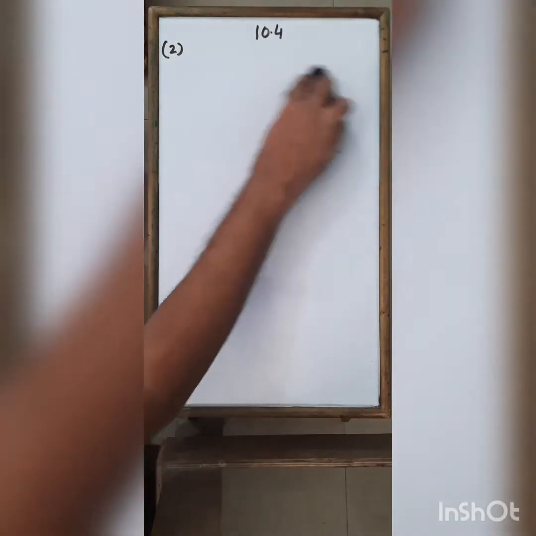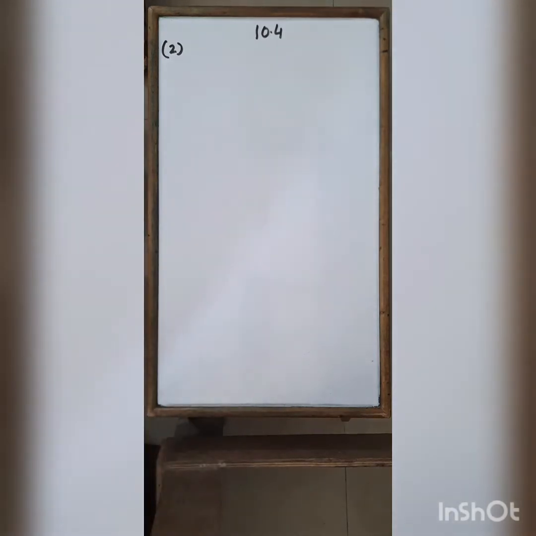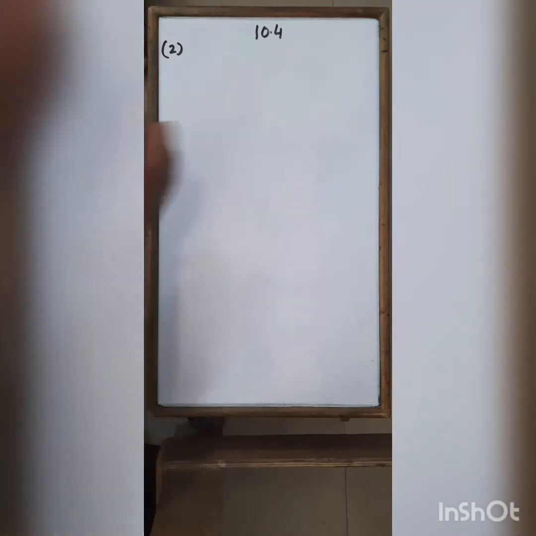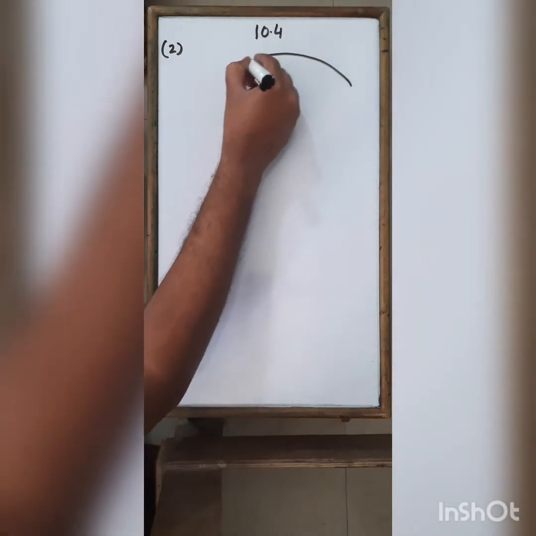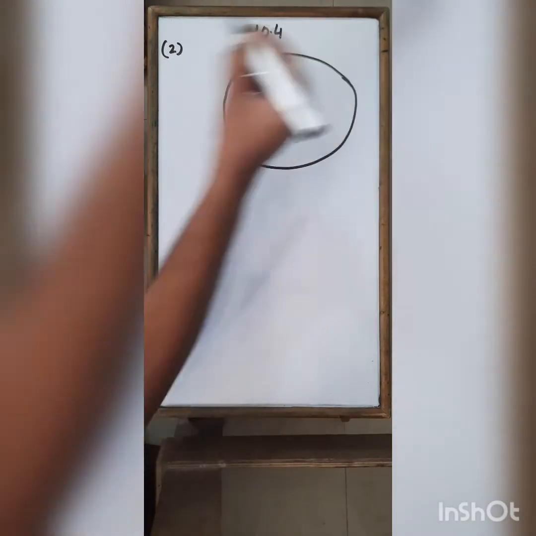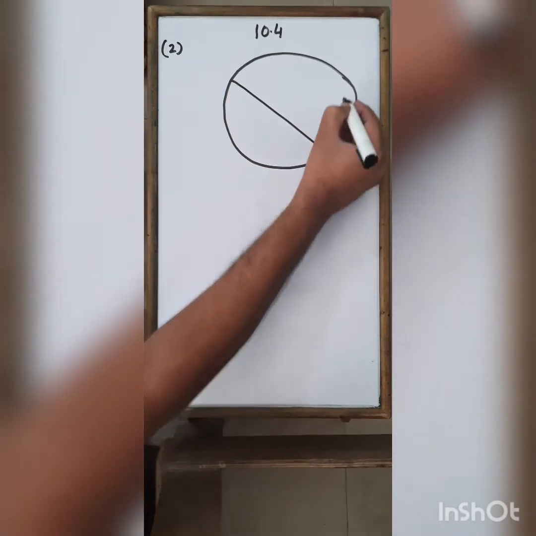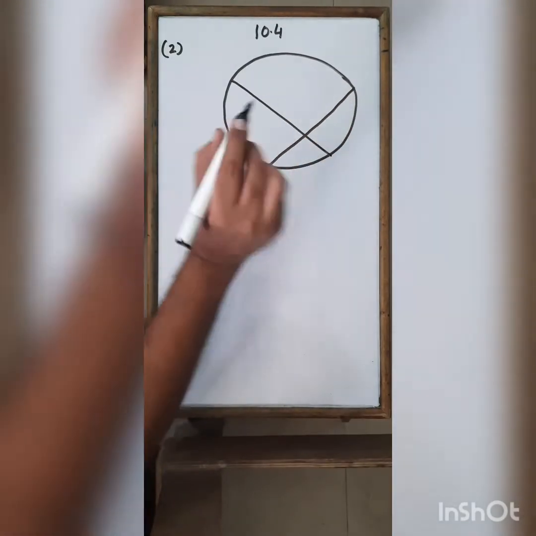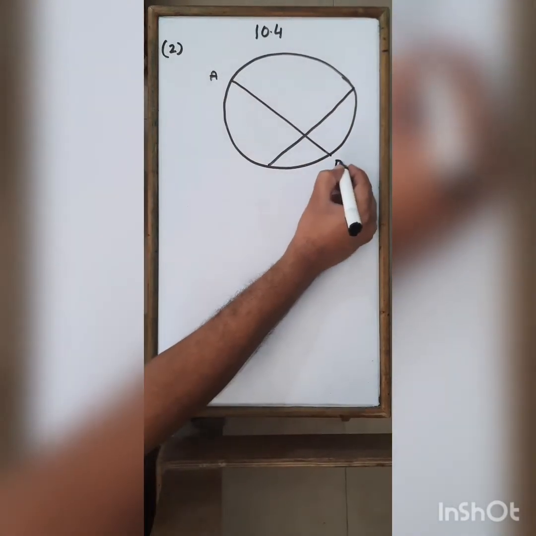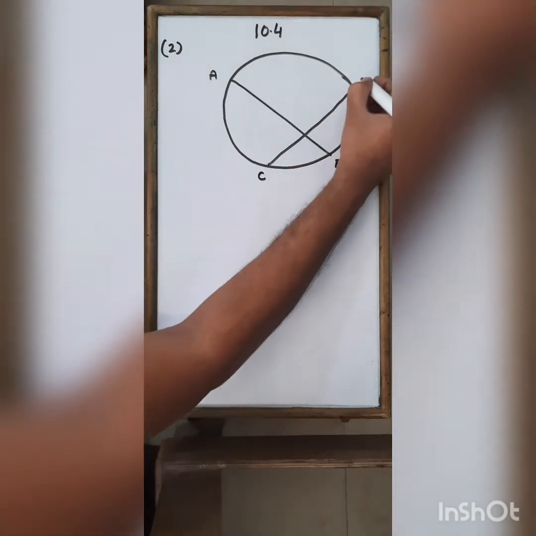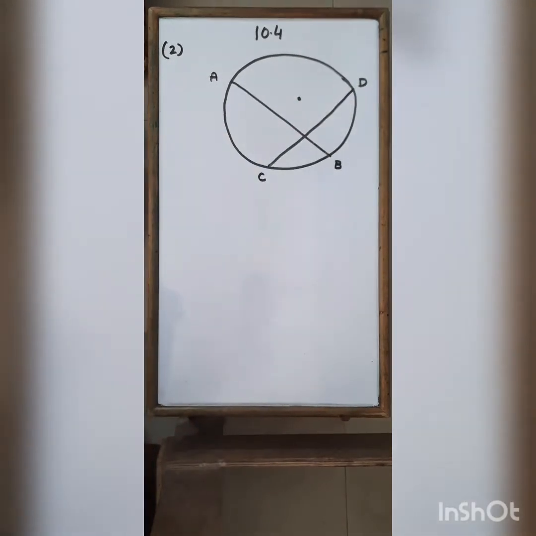Okay, so now let us first look at the question. The question itself is confusing. If two equal chords of a circle, so first let me draw a big diagram. So this is a circle and there are two equal chords of this circle. Let me take one chord as AB and another chord as CD. This is my chord AB and this is my chord CD, and this is the center of the circle. What their question is: if two equal chords of a circle intersect within the circle.